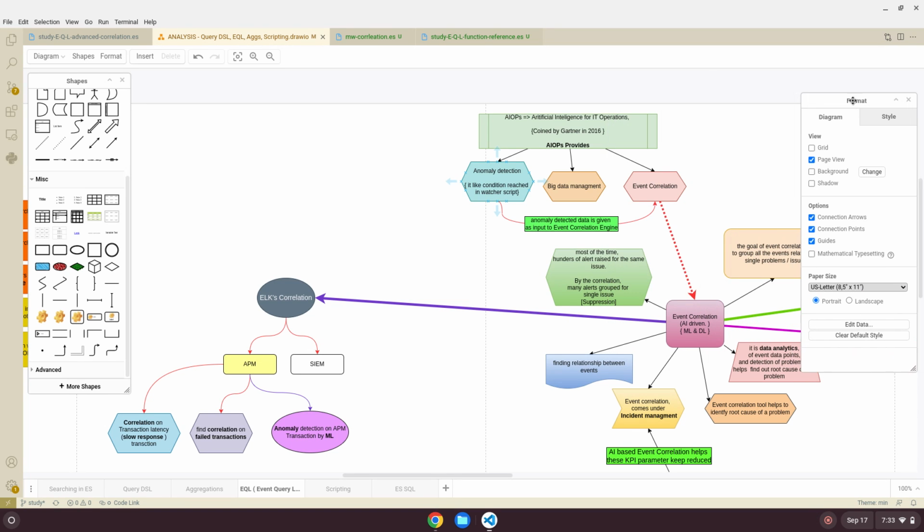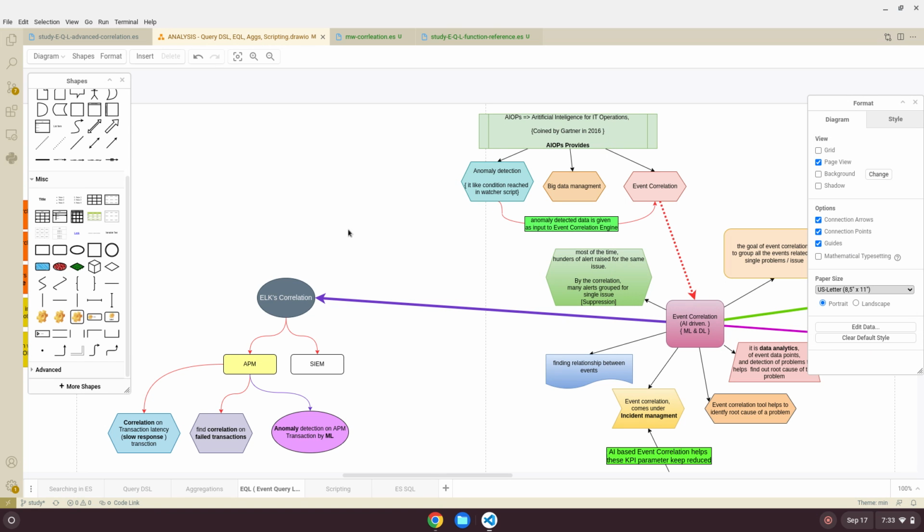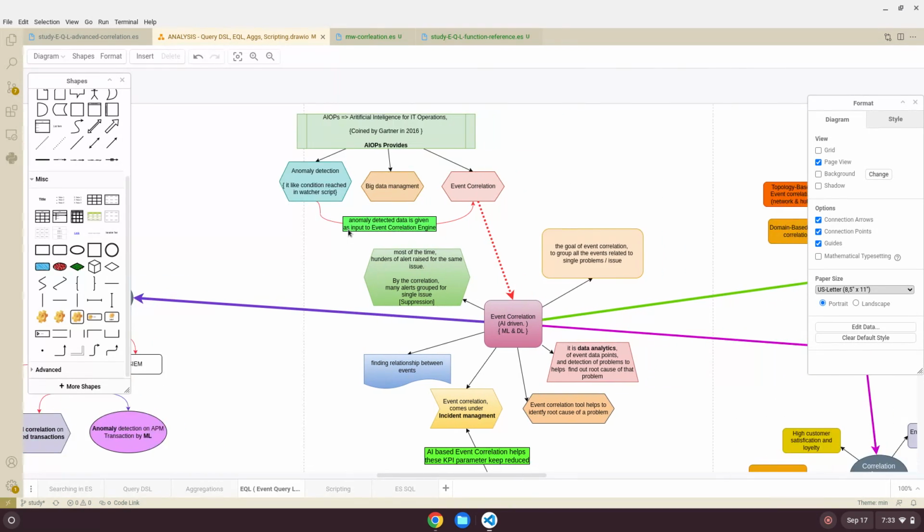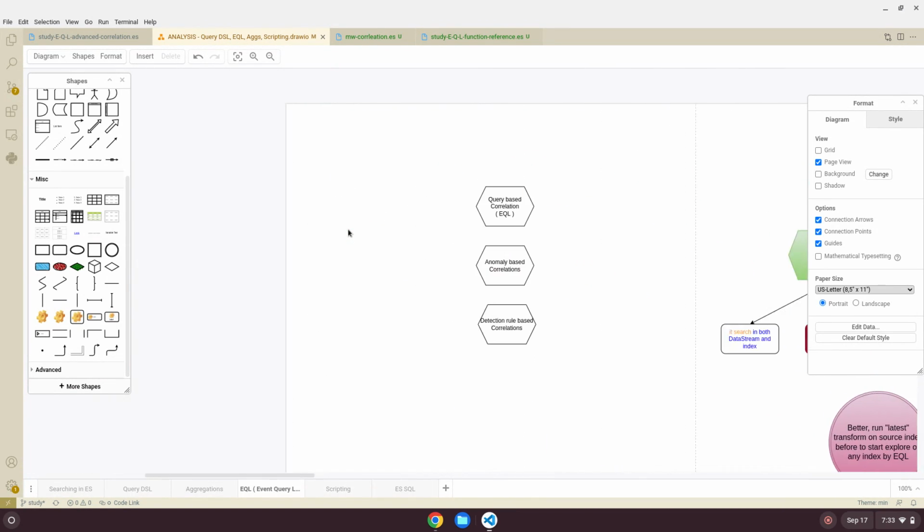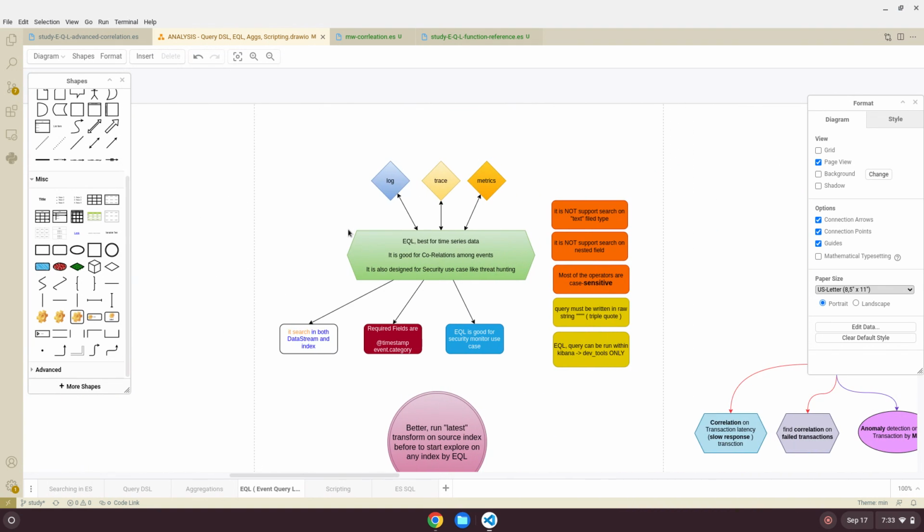Yes, this is Param. In this series of videos, I am going to explain what EQL, Event Query Language, is, which is incorporated within Elasticsearch. EQL is a common term like SQL.